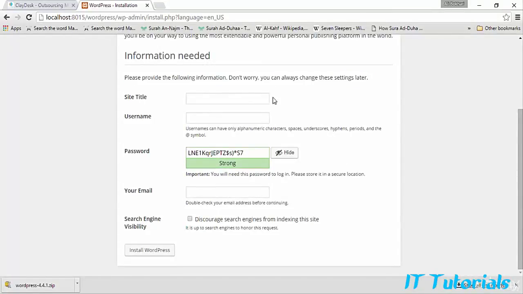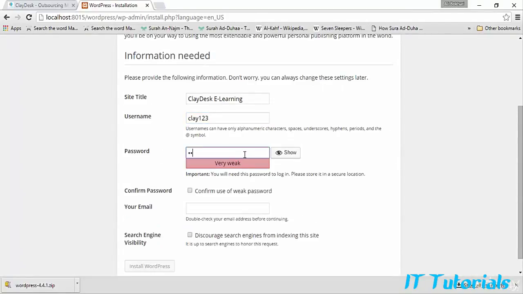So we'll write the site title. What's our site's name? I'll enter Claydesk e-learning, and now this could be any username. You can choose your own username, so I'm choosing Clay123, and your own password. So I'll hide it and write my own password,